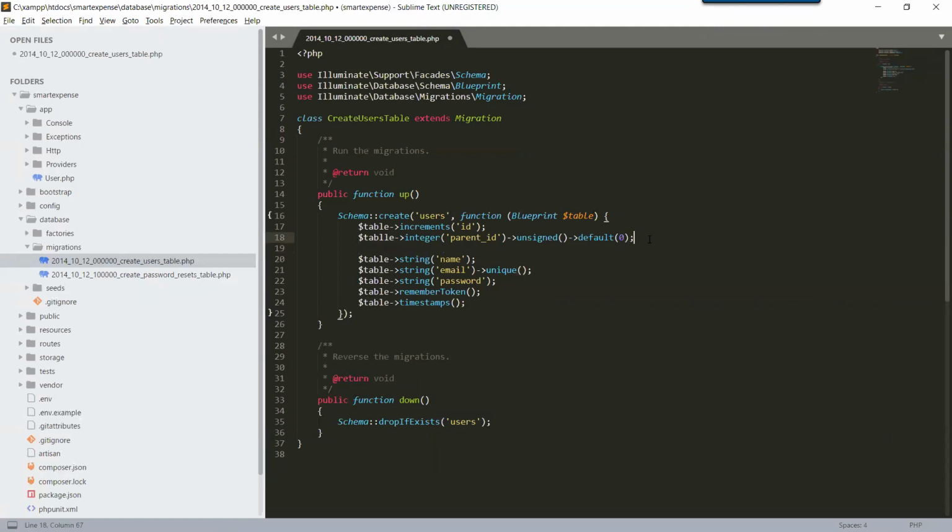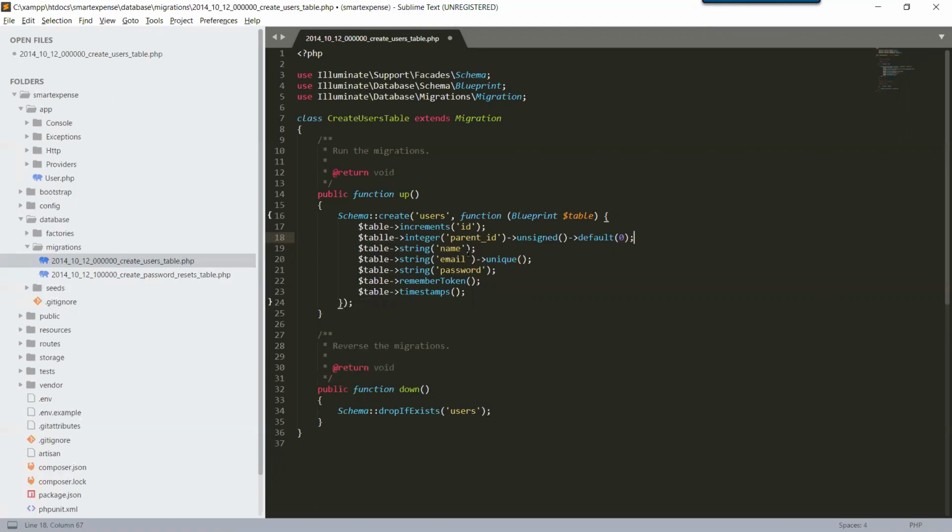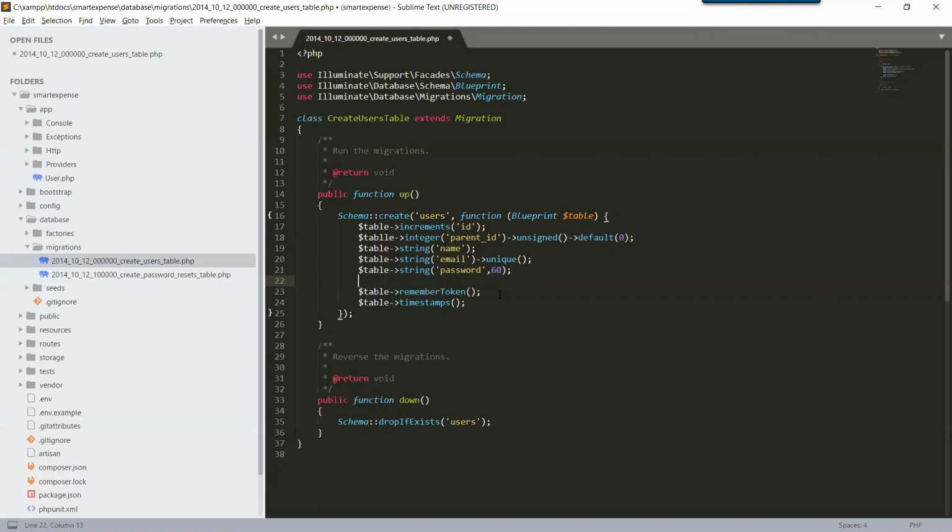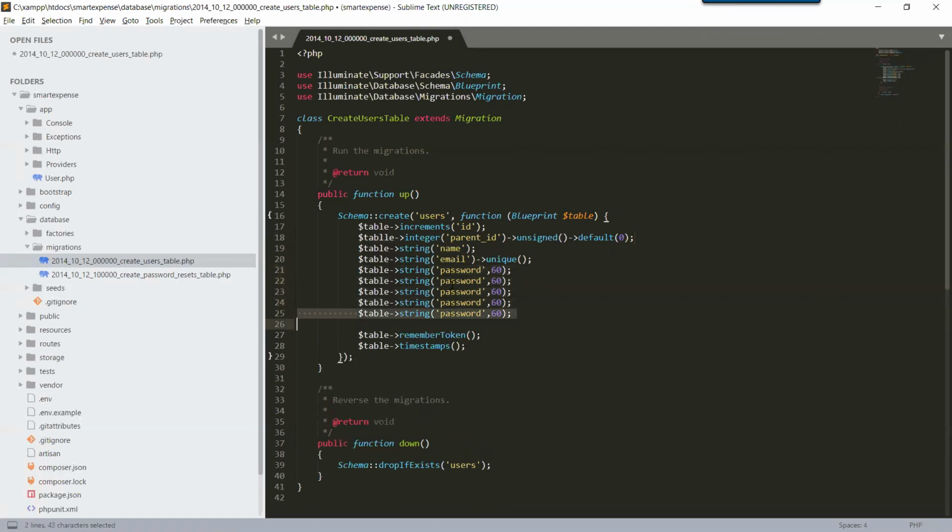Okay, so name is the same and email is the same, unique, and for password, you can define the character length of your password as required. Okay, let me press Control L and Control Shift D to duplicate some more lines. Okay, this is a password, and now we require a